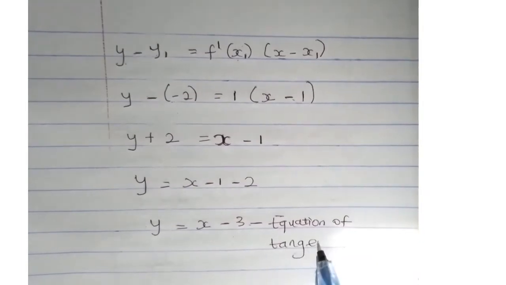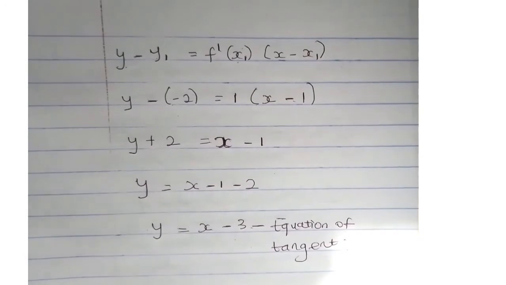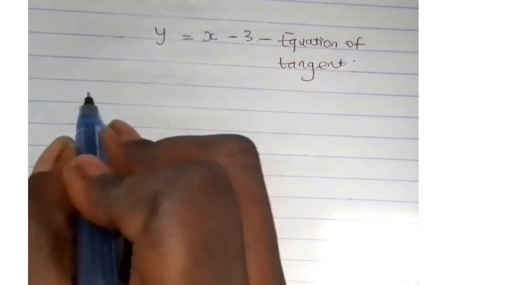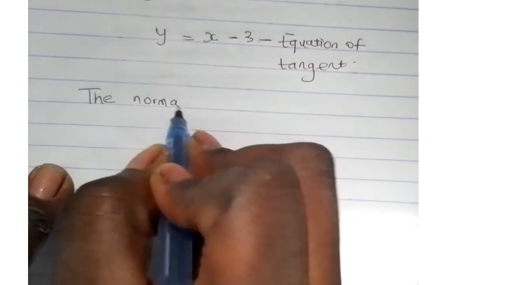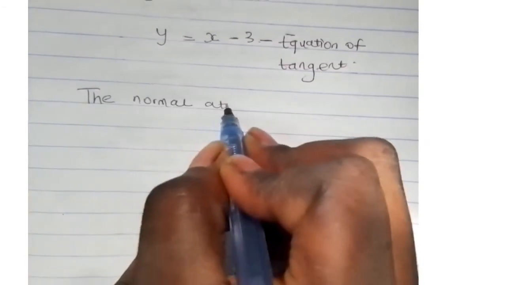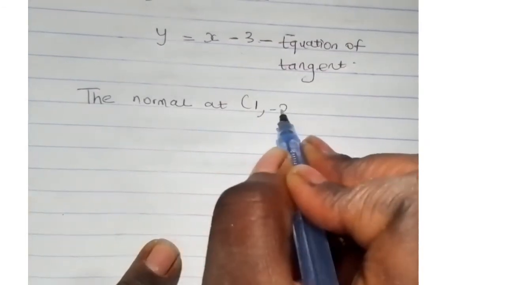So we're going to write now. The question says we should find the equation of the tangent and the normal. So we solve for the tangent. So solving for the equation of the normal, now the normal at a point (1, -2) as the equation,